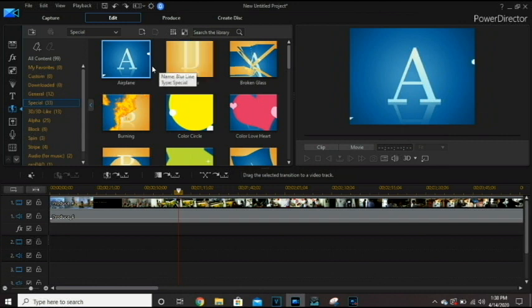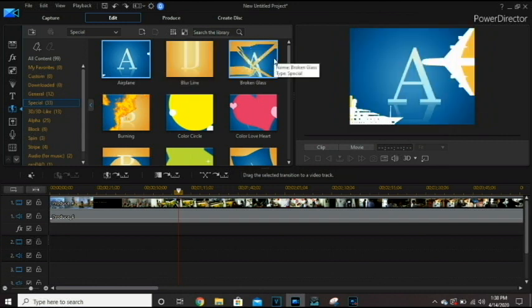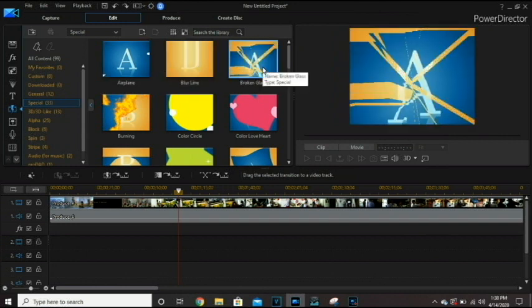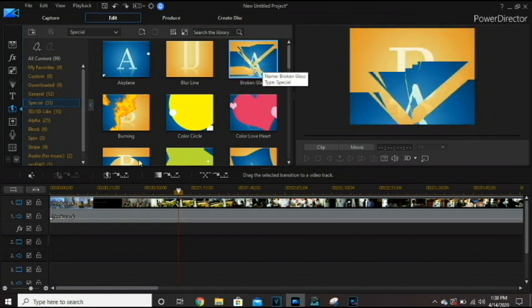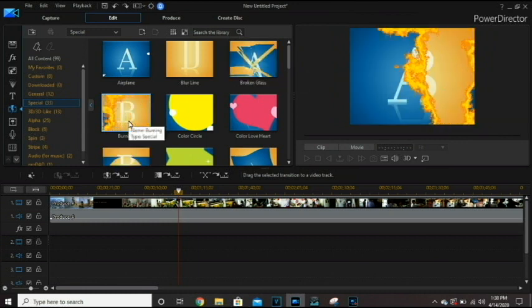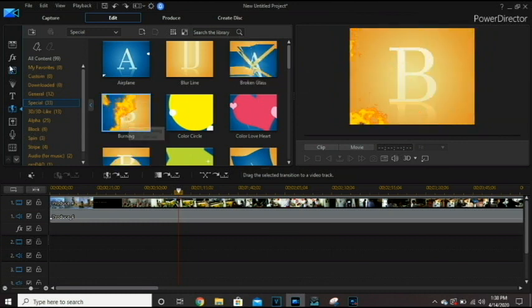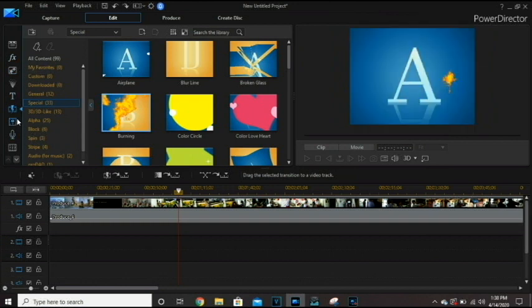Oh yeah, and I like the broken glass one, that one's pretty cool. And the burning one, that's also really cool. Alright, so